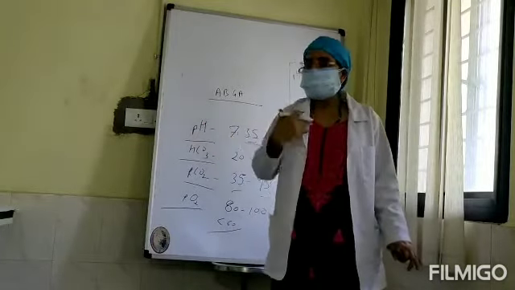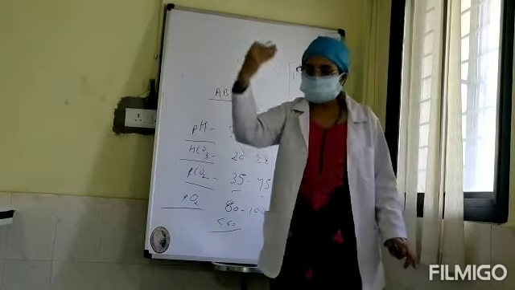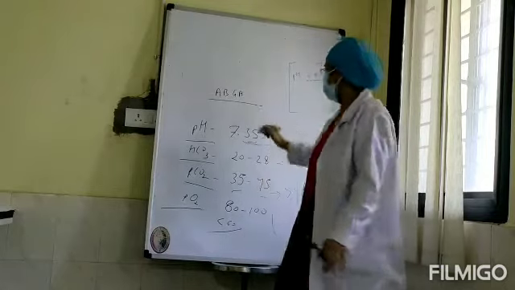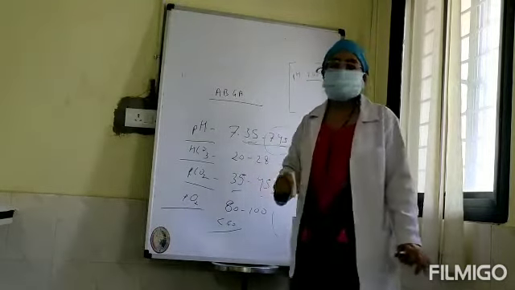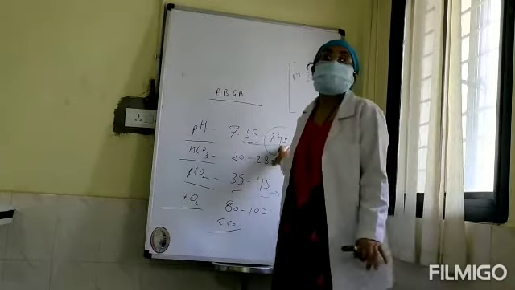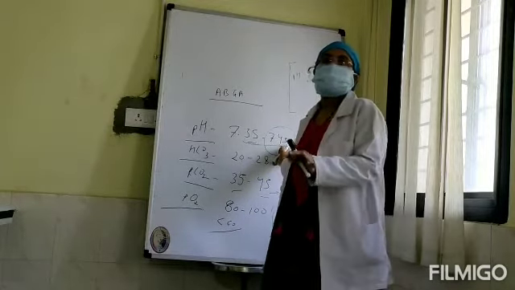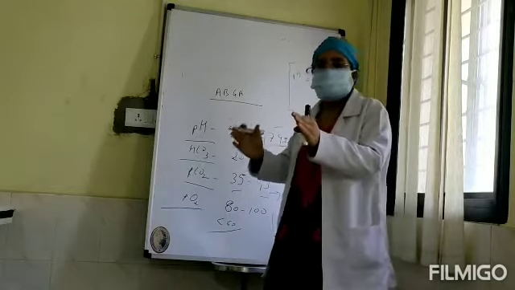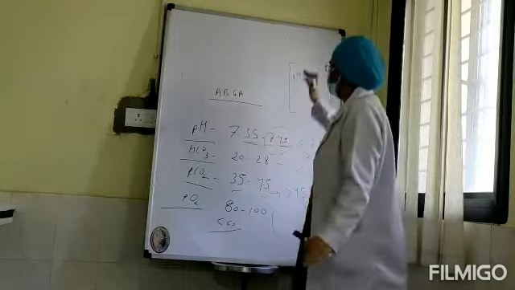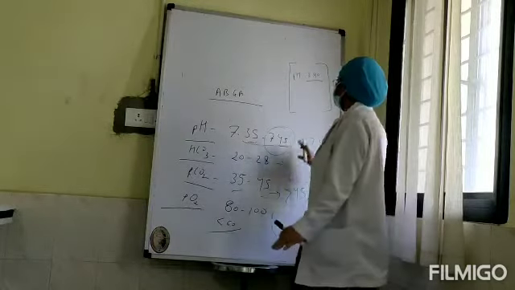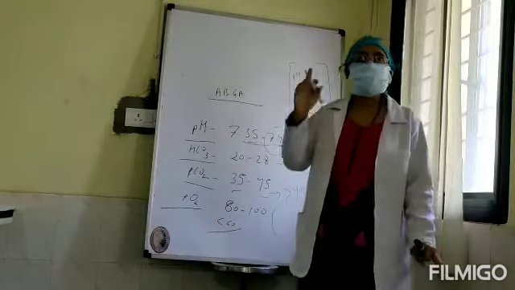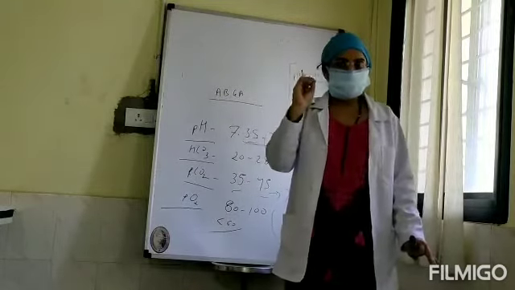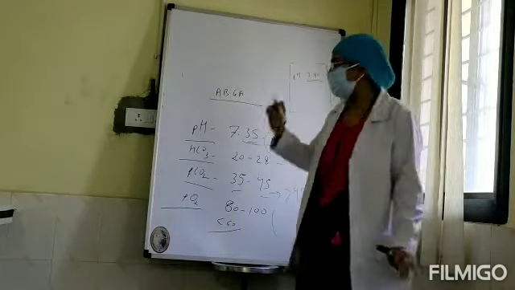Because I am an intensivist, I have to read the report and intervene on time, rather than waiting for the maximum of the range. The child should not go into the irreversible phase, so we have to intervene in the early stage. For intervening in the early stage, we have decided this mean value. This is very important in your MCQs also, whether you go for the DM exam, MCh exam, or MD exam. You have to understand this basic concept.